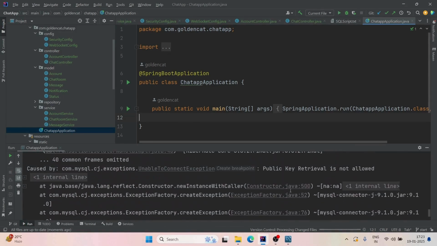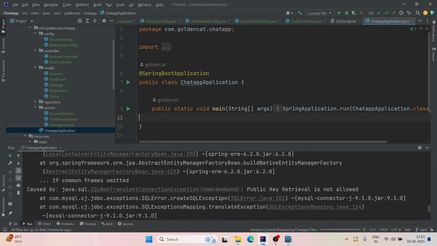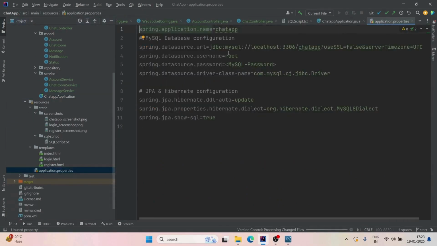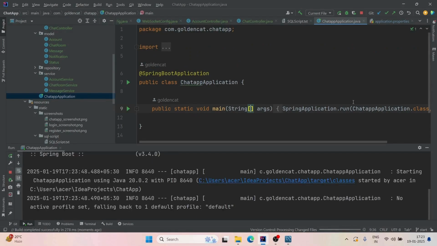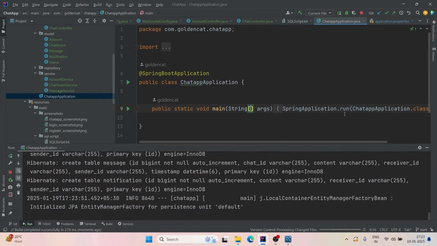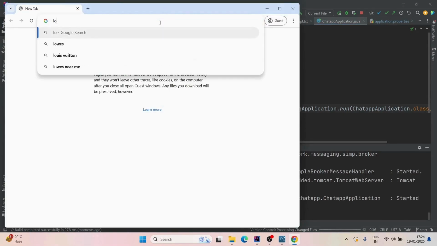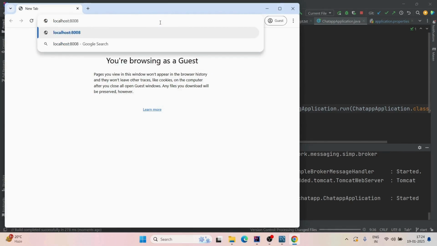we are getting back another error here that says public key retrieval is not allowed. So you simply have to go to application.properties and then set your password here. For me, it's test@123. Click on save. Now run it again. Using localhost 8080,